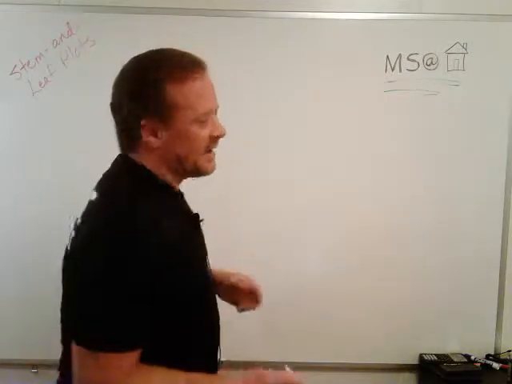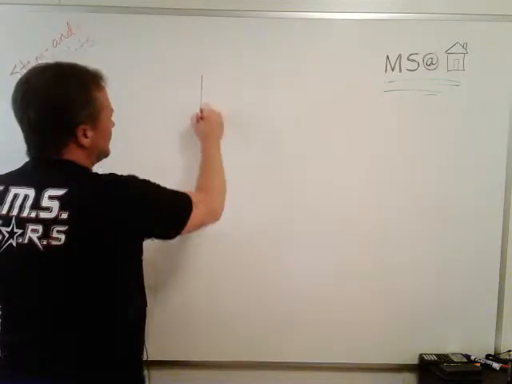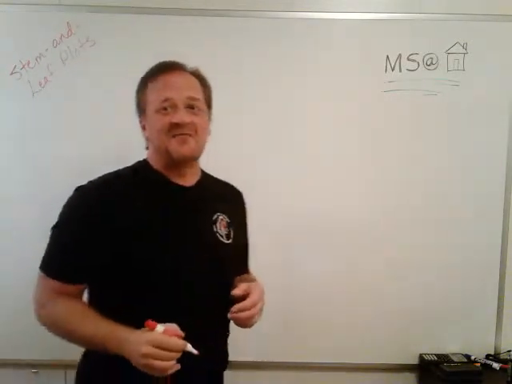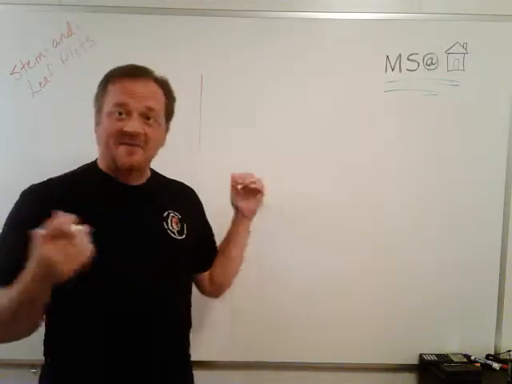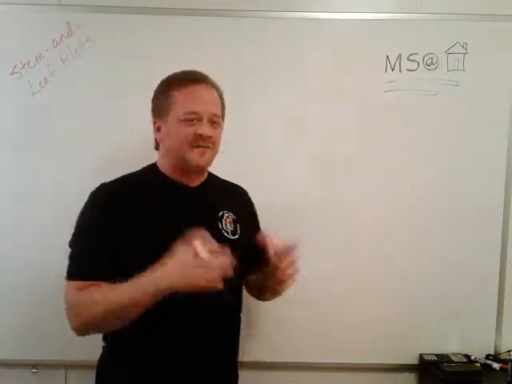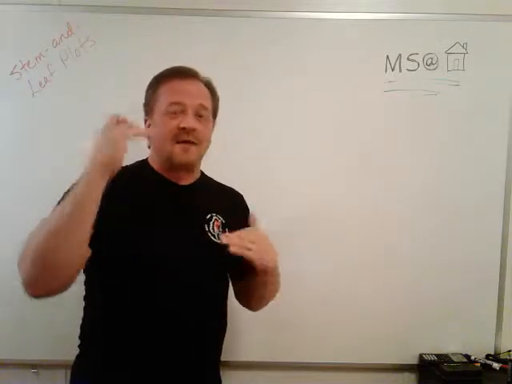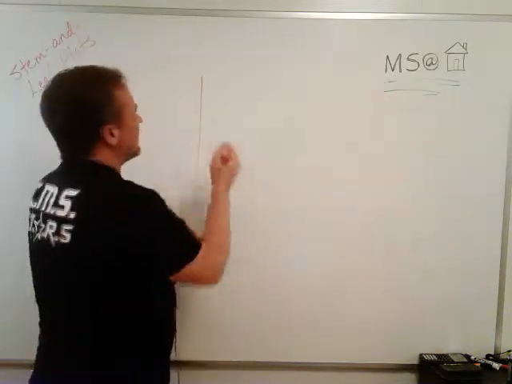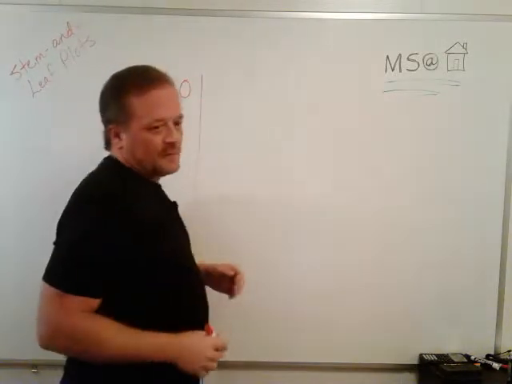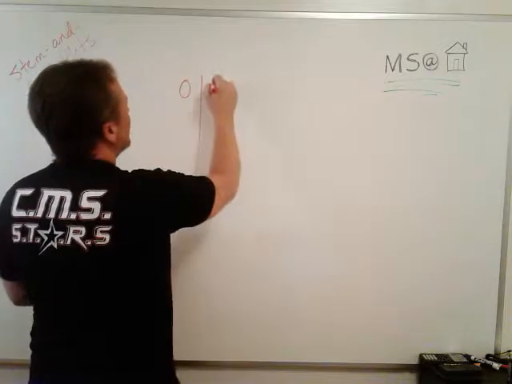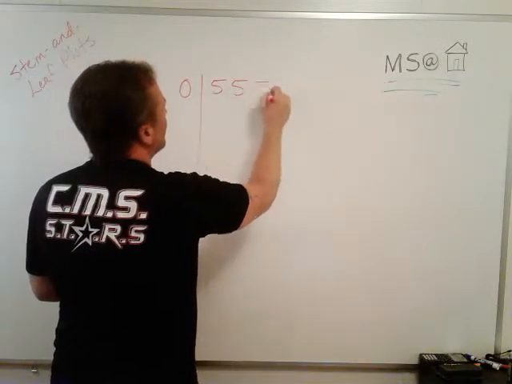So let's say that the person who's running this keeps track of these ages in a stem and leaf plot, because what better way to keep everything together, organized, and in order. So here's what it looks like for this music troupe. I'm going to go ahead and make this